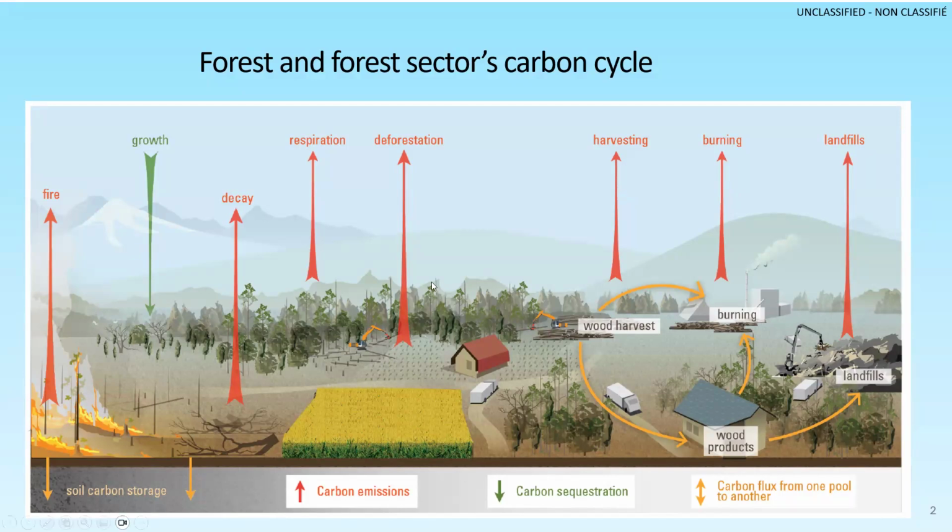Now, if we move over in this picture, you'll notice deforestation. That is another source of carbon that can put carbon up into the atmosphere. And deforestation is a land use change. So it's switching from a forest to a cropland or a settlement, for example. And the reverse, afforestation, can occur, where carbon is being taken up by new forests. For harvesting, we can have direct emissions from harvesting, often associated with burning. So burning of the bark to generate energy, or burning of residual waste left in the forest.